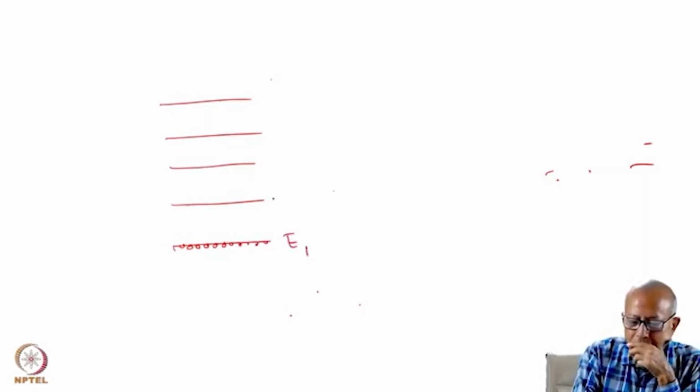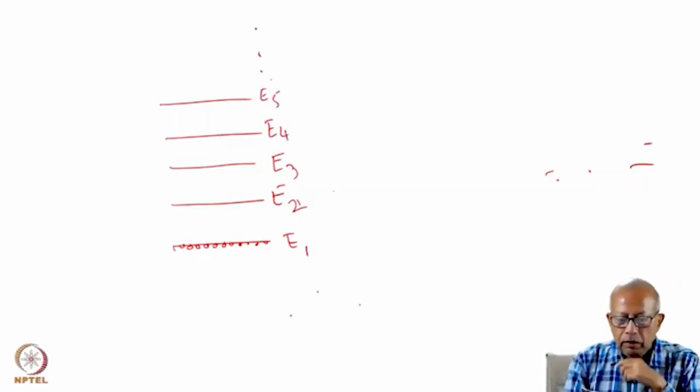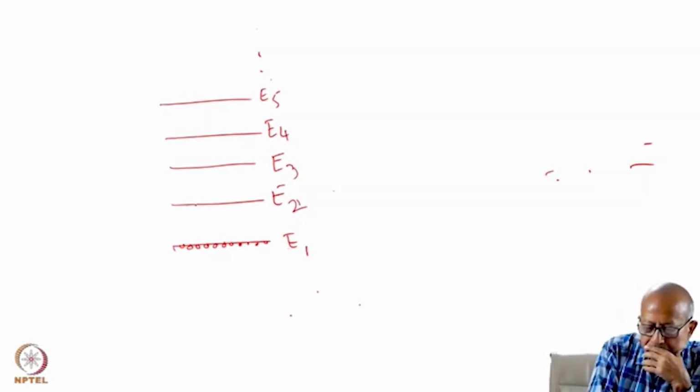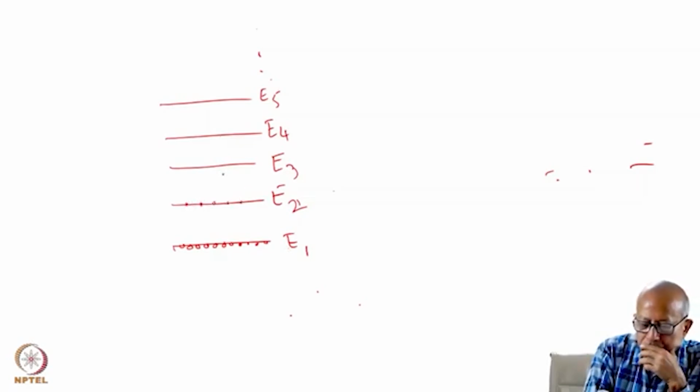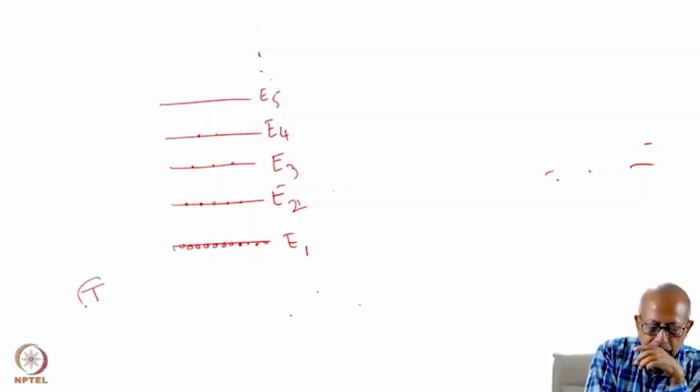So this is our E1, E2, E3, E4, E5, and so on. Initially, the population of E1 is largest, then there will be some population of E2, then E3, E4, E5, at some temperature, the room temperature,